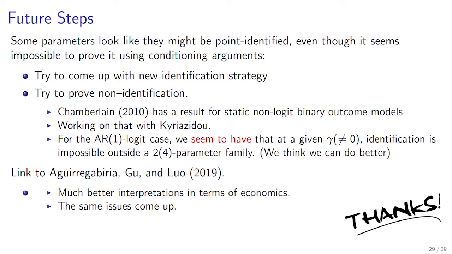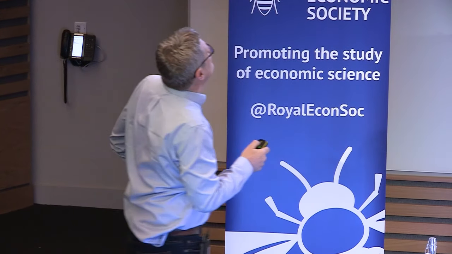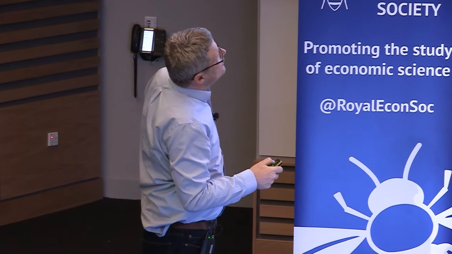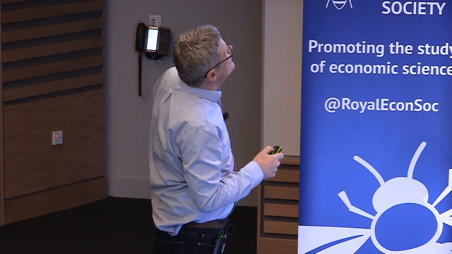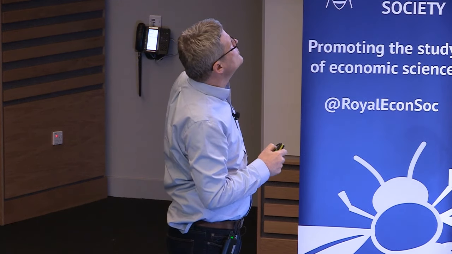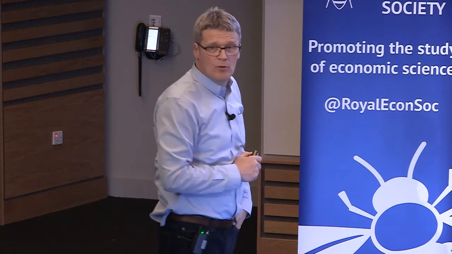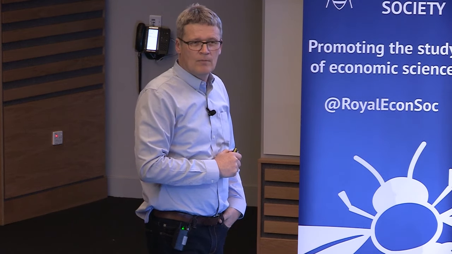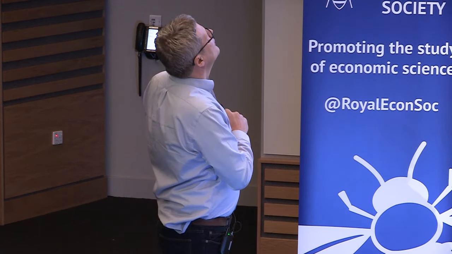That's the puzzle part, and in some sense that's the most exciting, because it's something we don't know. It seems like, and it's so simple, right? I mean, in these models we have like 7 probabilities, I think, so we should be able to work this out. But we have not been able to. And it seems like these conditioning arguments that we're used to using don't work, so we have to either come up with a new identification strategy